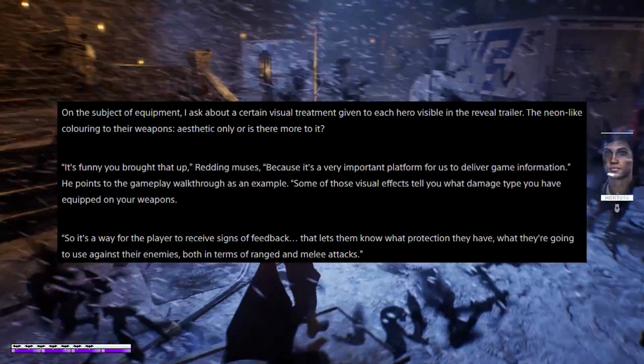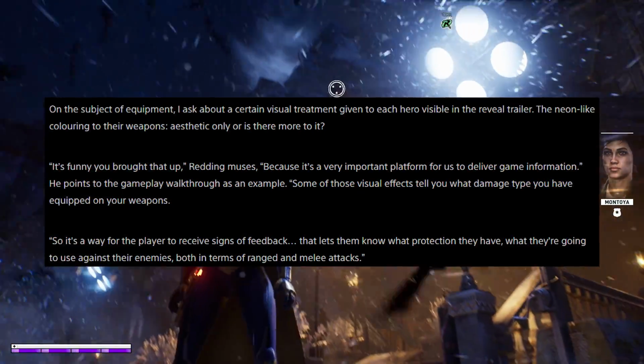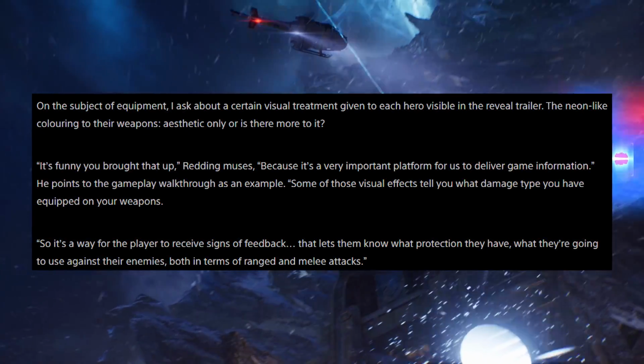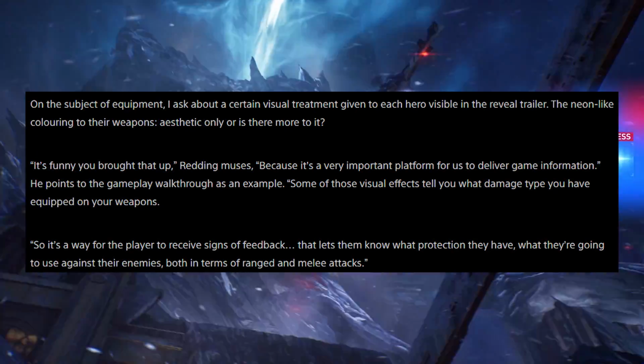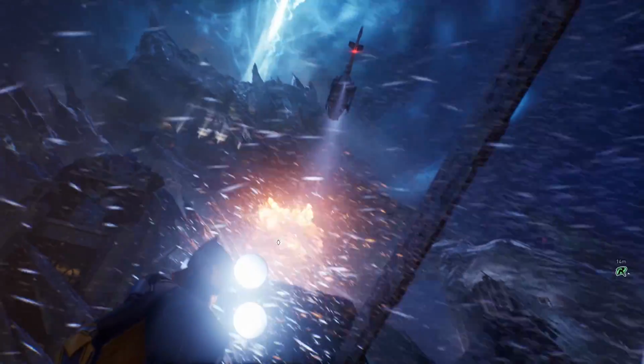Some of those visual effects will tell you what damage type you have equipped on your weapons, so it's a way for the players to receive signs of feedback. That lets them know what protection they have, what they're going to use against their enemies, both in terms of ranged and melee attacks. This is very interesting, and I